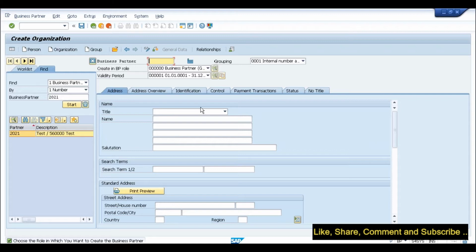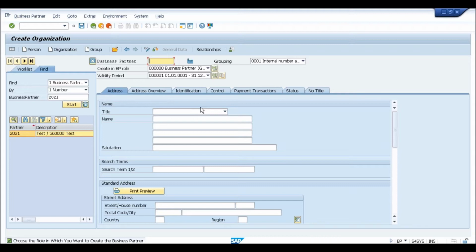And I've got a question, then we can have a different number range as well based on the account group, right? For the grouping. Definitely. So sold-to and ship-to, bill-to, payer, we can have a different number range as well. Definitely. See, what you are going to do is, if I give you a simple example, in ECC, you already have